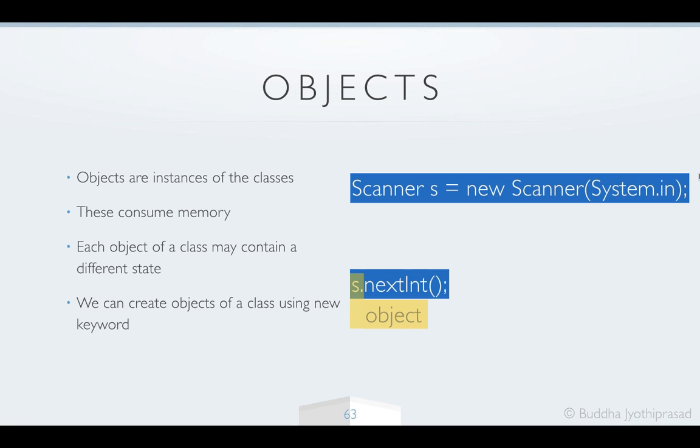When you use new Scanner(System.in), you're actually creating an object, and then you're calling some operation on the object. Yes, remember, you're not calling it on the class. You're not saying Scanner.nextInt. Of course, there are some things that I'll explain wherein we can directly call on a class, but that doesn't really matter at this point of time. So objects are the ones that actually consume memory. They are the real world entities because of which real operations will be going on.